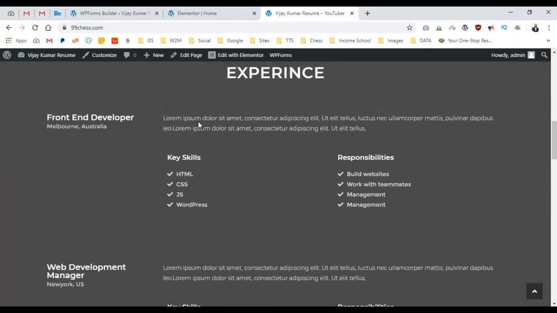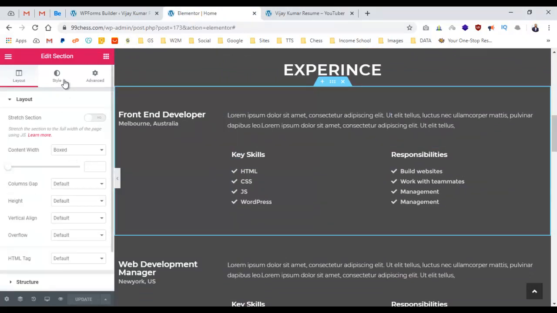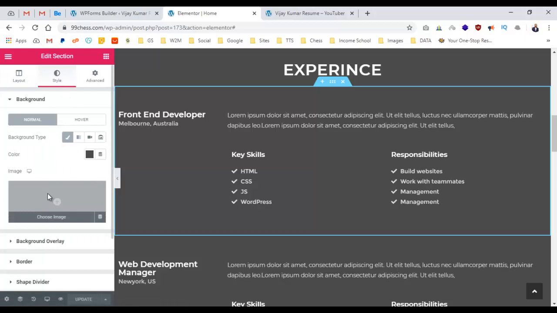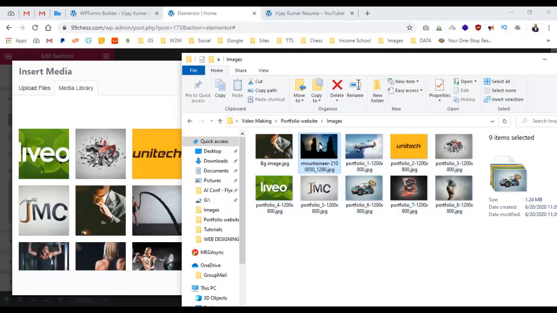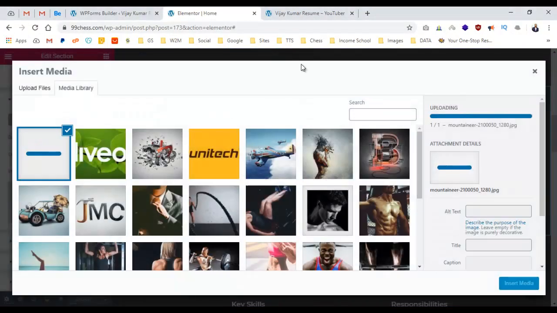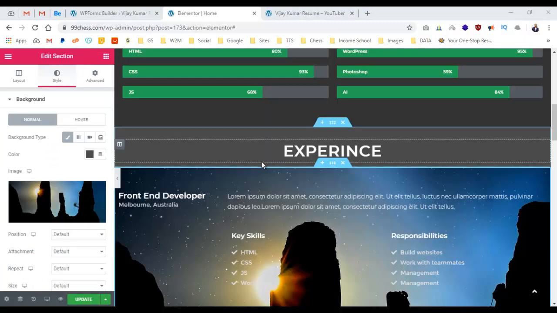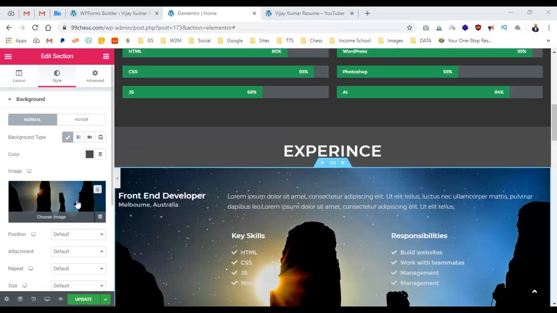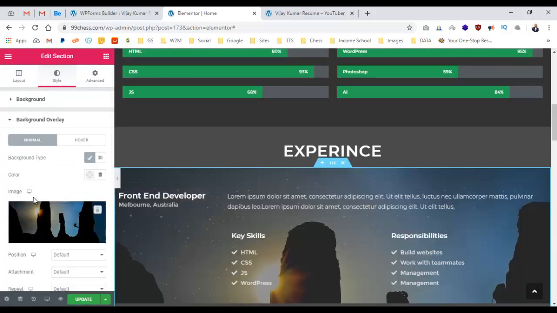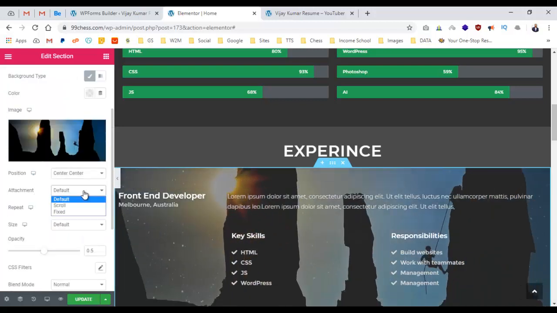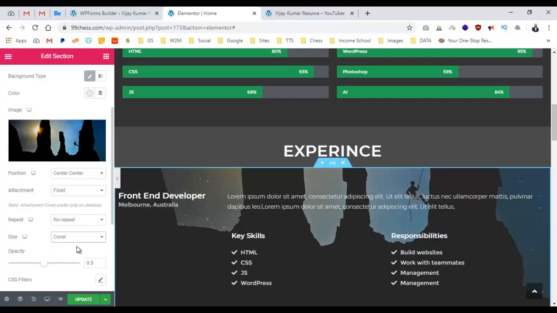Okay, the first thing is I want to add a background for the experience section, so it feels like we finished the web page part. So add a background image. I just downloaded one image. I really like this one. I added it in the background section, but you can add it in the background overlay. So just select the image and keep the position center, attachment make it fixed, repeat no repeat, size cover,